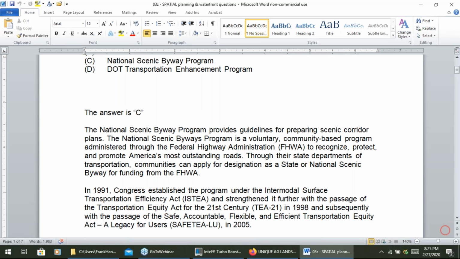I apologize, the National Scenic Byway Program, there's no funding for that? I know, for example, the Delaware River, just north of New Jersey, there's funding for it. They can apply for designation, and if they get designated, they can get funding from the Federal Highway Administration. Okay, I see. I missed that. Sorry.